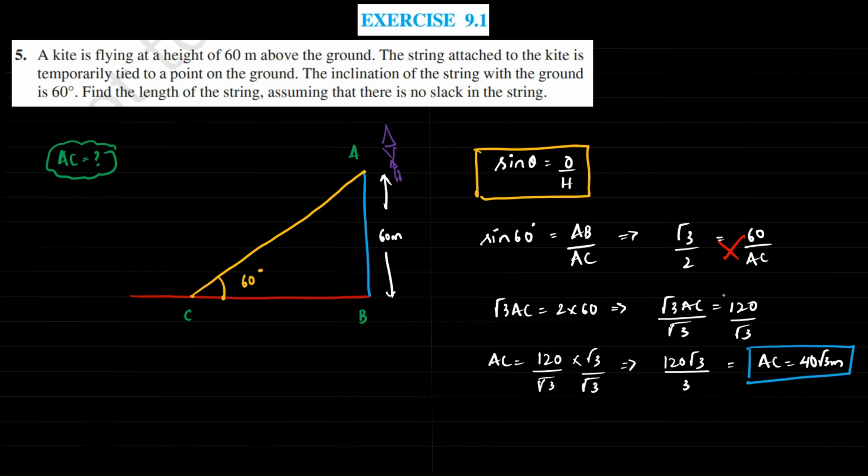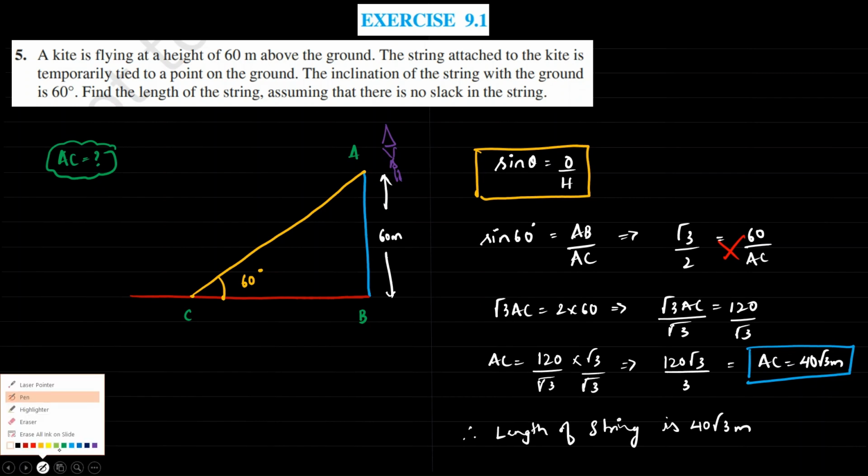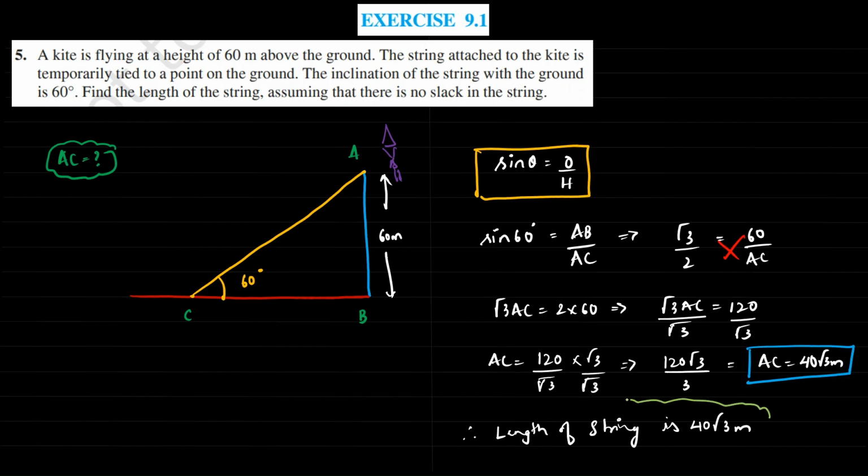So what is AC? AC is the length of the string. So you can write down, therefore, length of the string is 40 square root of 3 meters, and this is going to be your final answer. So we have solved about